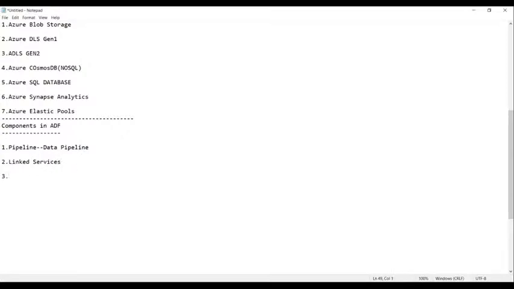And the third one is called data sets. So, pipeline, linked service, and data sets.